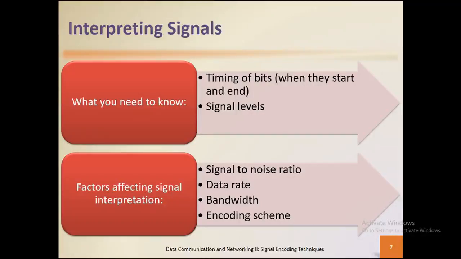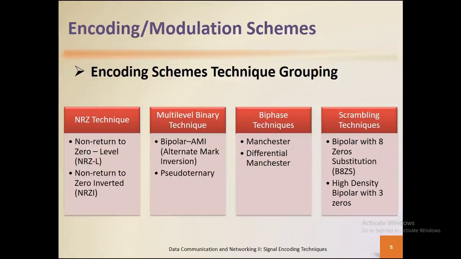And then the type of encoding scheme used. If you were to use a wrong encoding scheme for a given transmission, you could end up with wrong information or wrong data being transmitted from the transmitting end to the receiving end. Okay, so now let us delve into the encoding schemes that we have. They're usually grouped for a specific reason, I would guess. We have the no